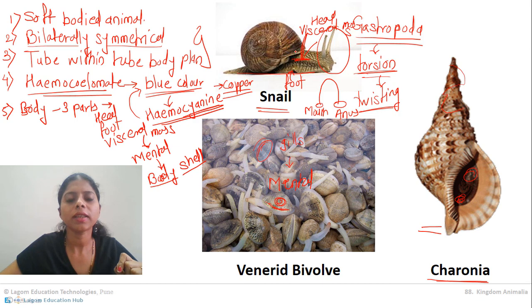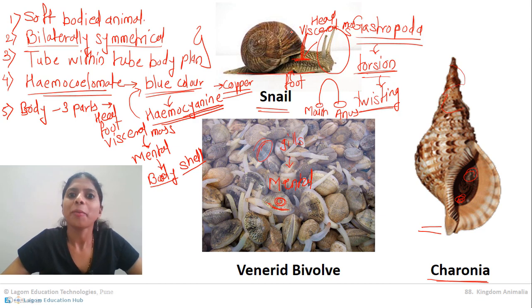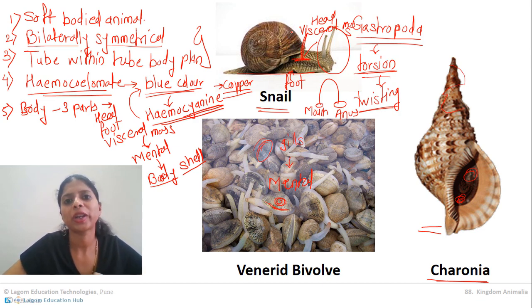In the visceral region it has visceral ganglia, and in the foot region it has pedal ganglia. So, three different ganglia. Even its sense organs are very well developed. Molluscans are provided with slightly different sense organs than any other animal. Octopus has it, sepia has it, the shells have it. That sense organ is called osphradium. This osphradium basically checks the purity of water, whether the water is pure or has some bad chemicals. Molluscans understand it with this special sense organ called osphradium.